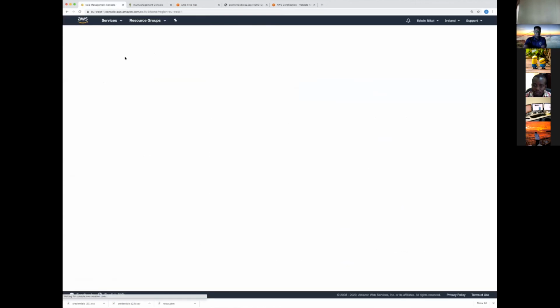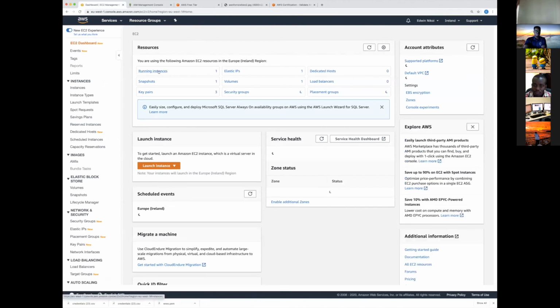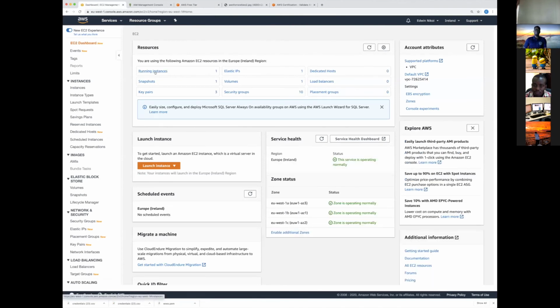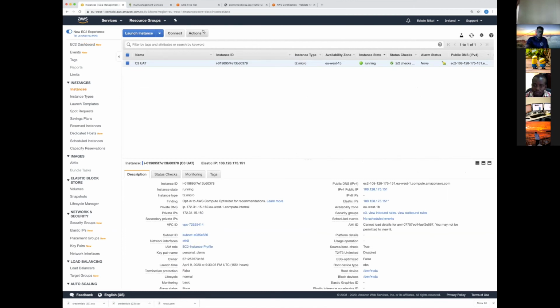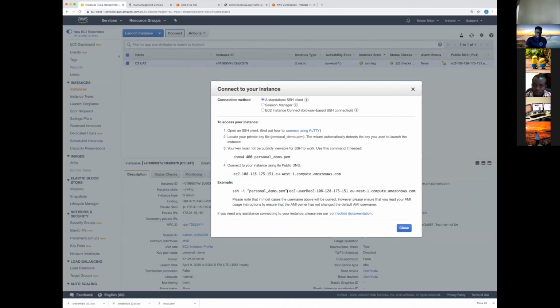I wanted to just quickly talk about EC2. So EC2 is where you can go and create your server. Okay. So I already have one server running. I mean, I can easily connect to this server. If you want to connect to the server, this is a Linux server. So to connect to this server, I'm using a Mac, so it's easy to just do the terminal. But based on whatever you are using,